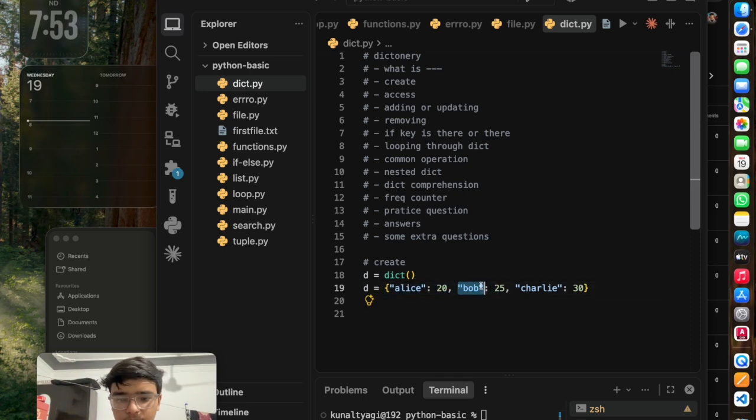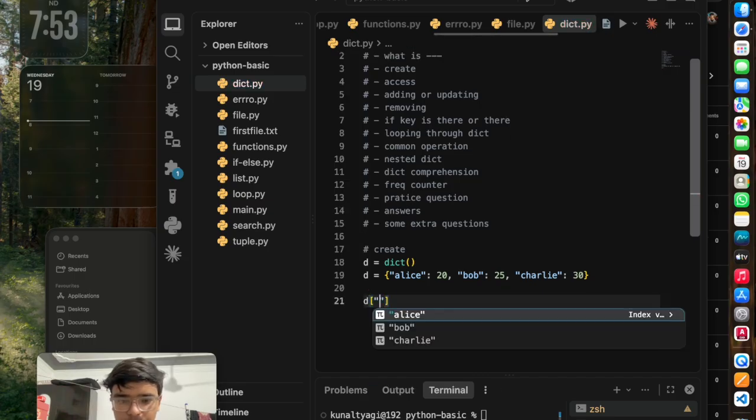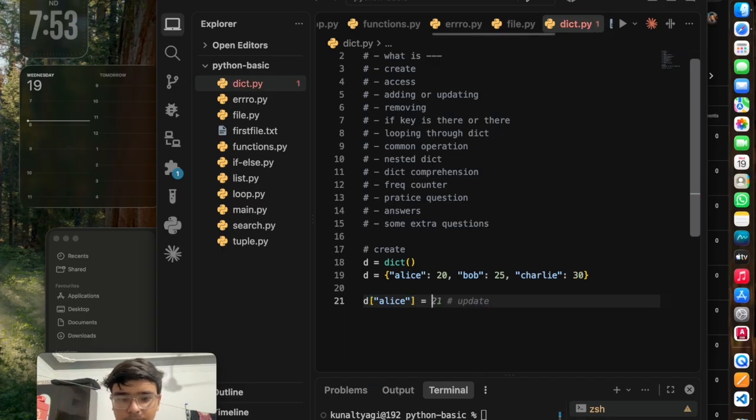This is the key, this is the value. This is the key, this is the value. What does it mean? If I go for Alice in D, I will get the value 20. I can also change it if I want, but I'm not changing it now. So this is how you can initialize a dictionary.